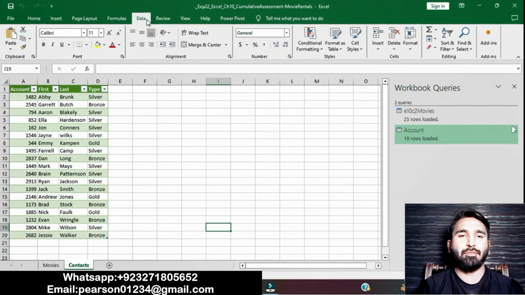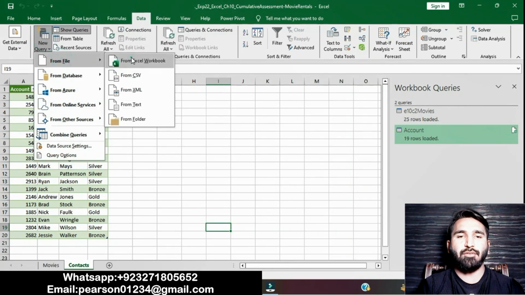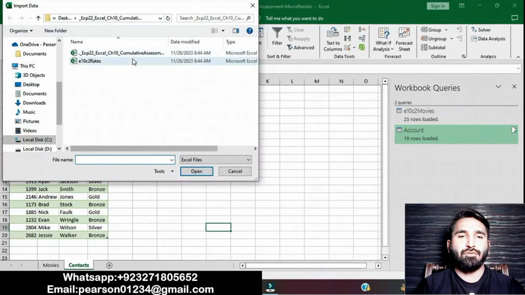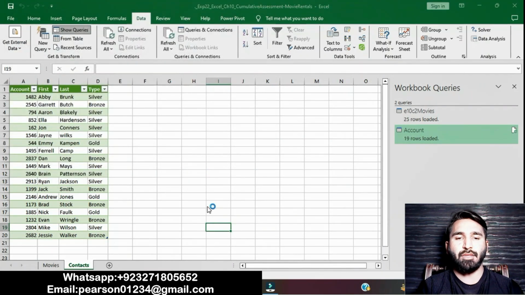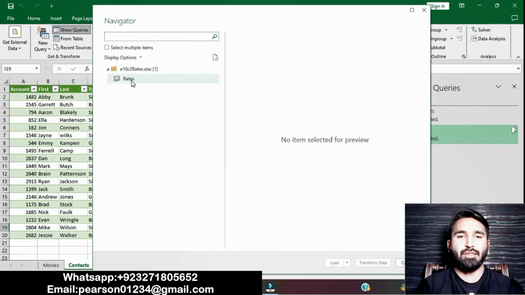Okay, click on the Data tab. Okay, New Query, From File, Excel workbook, E10 C2 rates. Okay, import this file. Then click on rates, then load this table.